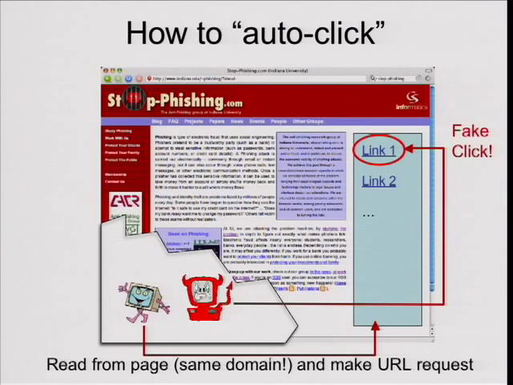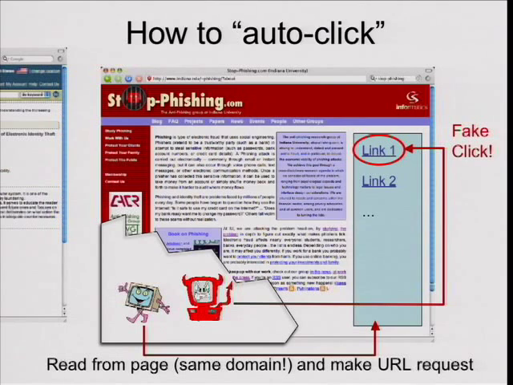And the bad JavaScript will just plainly go and read what the good JavaScript printed in this domain, and then cause a click. And the way it causes a click is it makes a GET of exactly the information that a user would have called if it actually clicked. And so then that, of course, opens the window, and it's counted as a click. Here, of course, users would find this very surprising. They didn't click, and still the advertisement comes up.